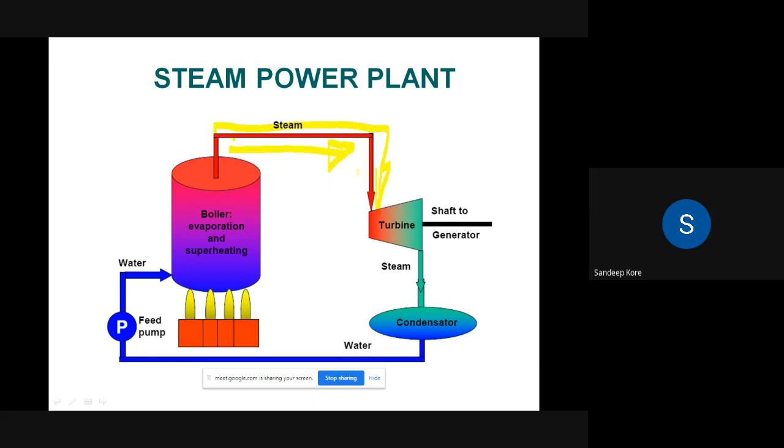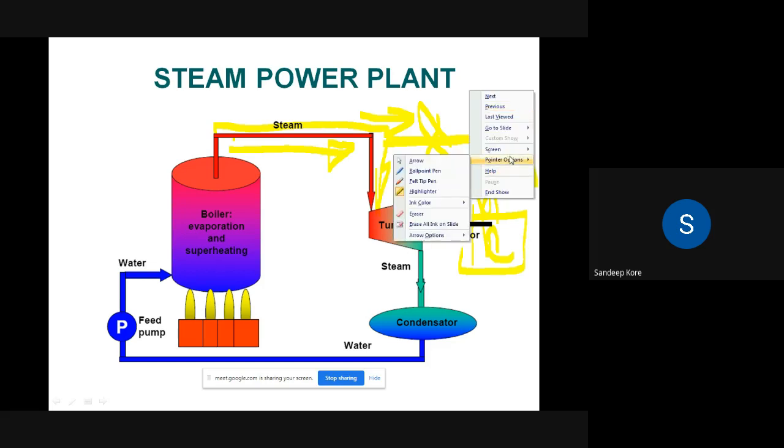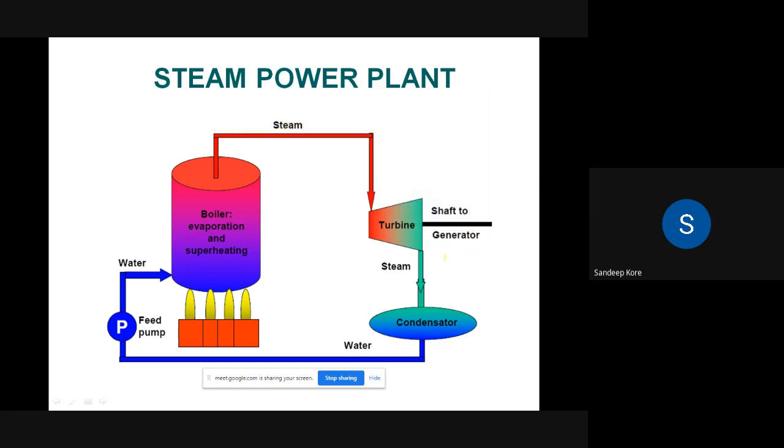It is called a steam pipeline. In the turbine, if you observe, there are blades mounted on a shaft. When this steam impacts on these blades, the turbine blades start to rotate, and it is connected to a generator. Generator means what? It consists of a stator and rotor. When the turbine starts to rotate, it generates the power, and that power is given to the substation. From the substation it comes to the transformer, and from the transformer it comes to our home.